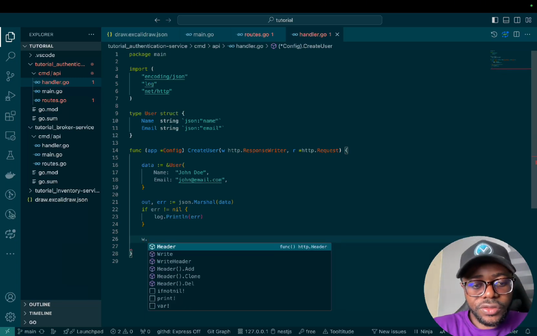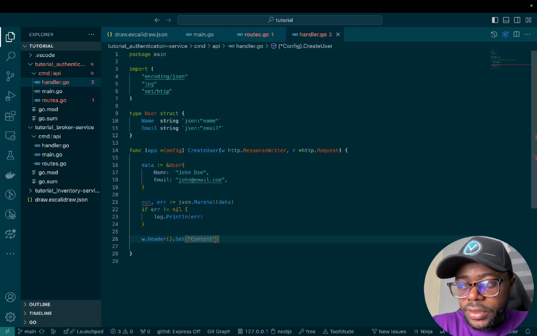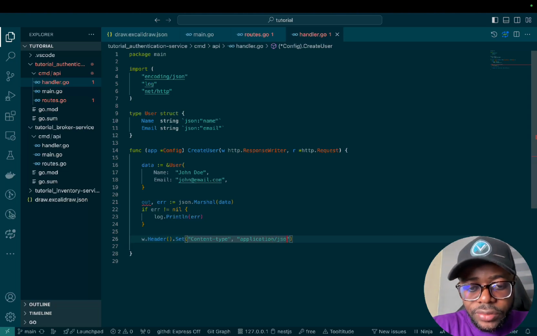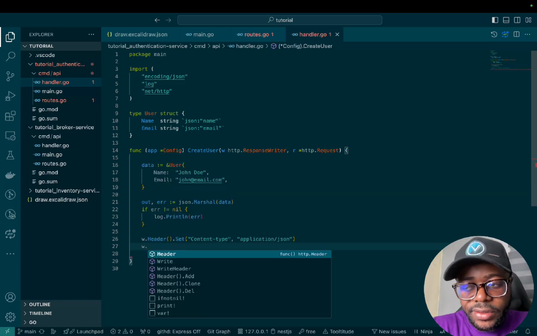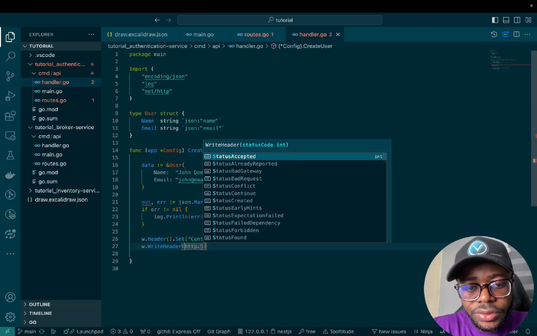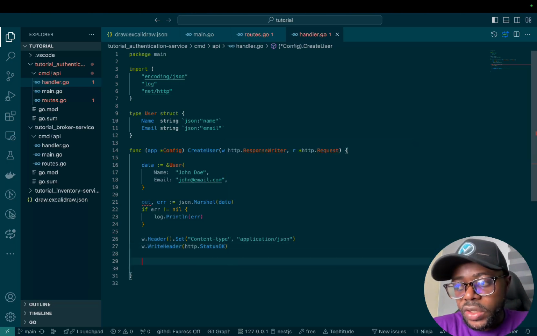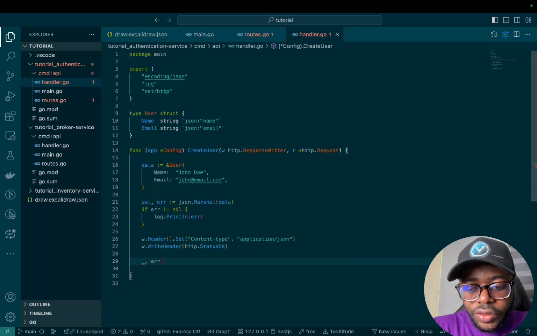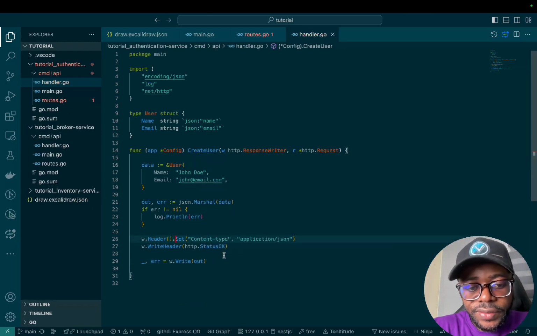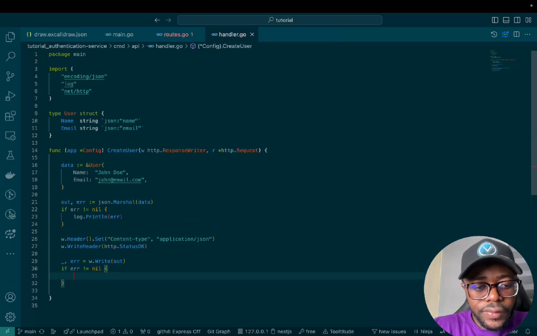So let's have some response header. Let's say Set, let's say our content type, Content-Type, let's call it application/json, right? So what else do we want to have? Let's have our HTTP status, right? Header, let's say http.Status. Okay, right? And then we can actually make that call to return this response. So it will be w.Write, and then we'll pass what we are sending to the front end, right? And it could throw an error. So if error not equal to nil,